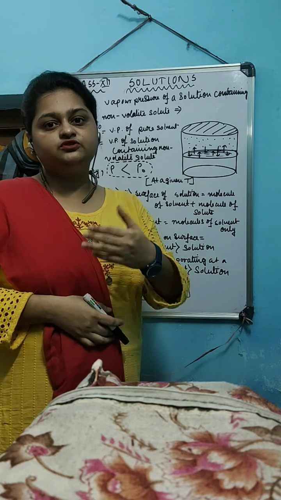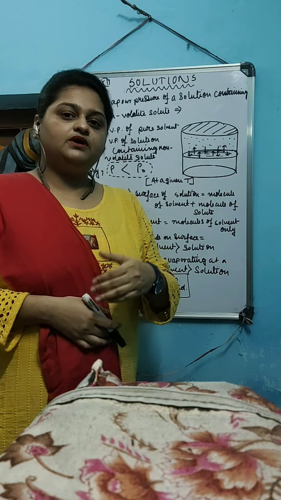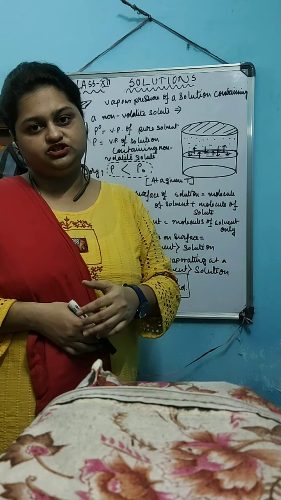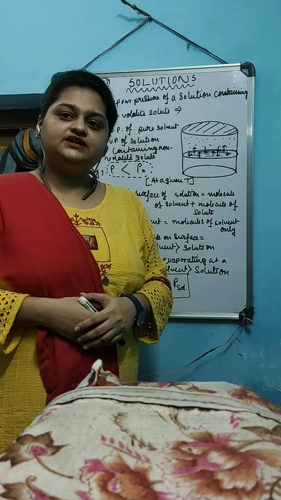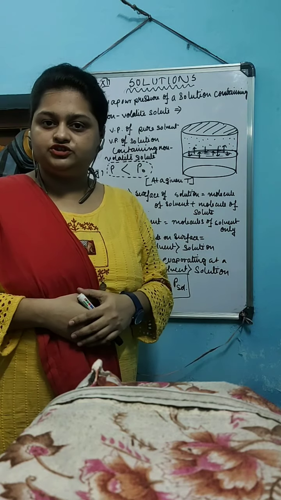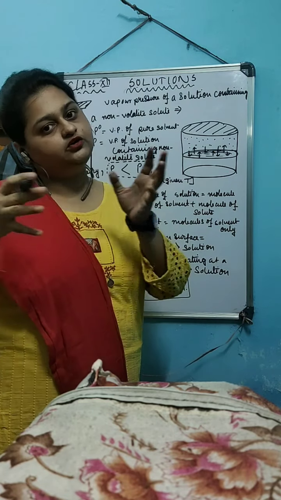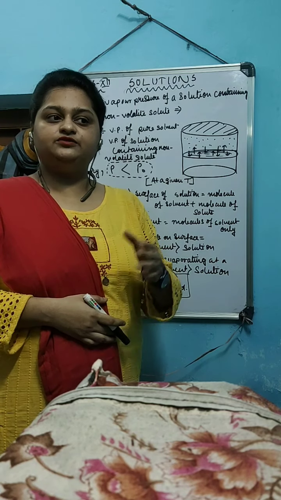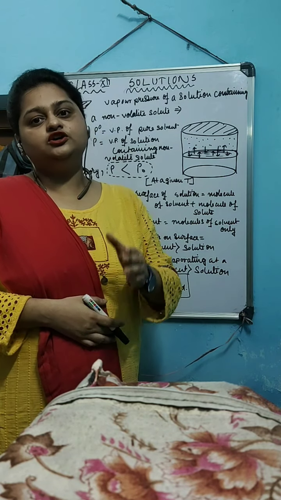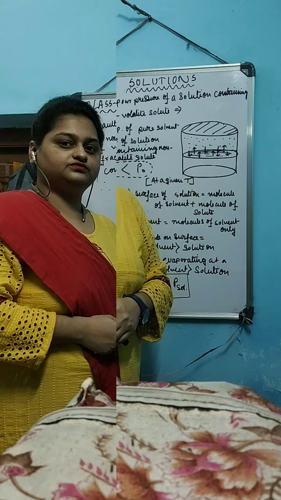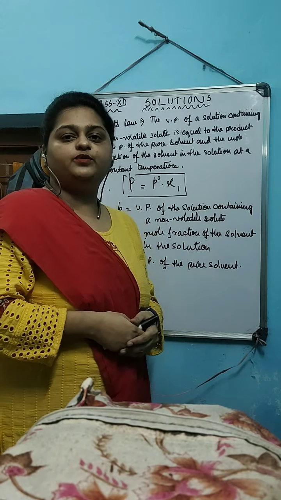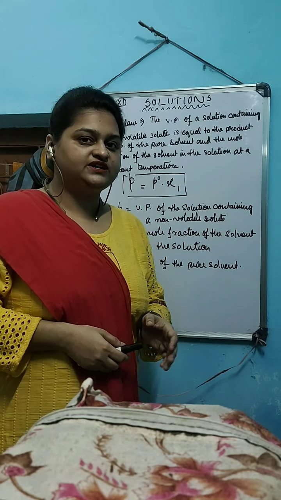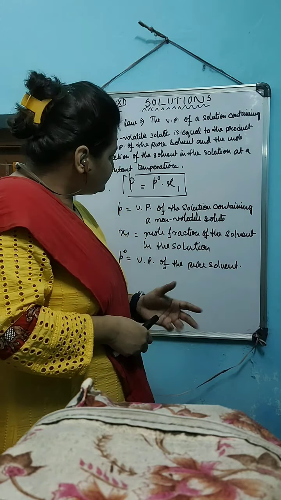Therefore, the number of solvent molecules is much more in pure solvent compared to the solution, which results in a higher amount of evaporation in pure solvent, resulting in higher vapor pressure in pure solvent compared to the solution. This lowering of vapor pressure of the solution compared to the pure solvent was studied by Raoult, and he stated a law which says that